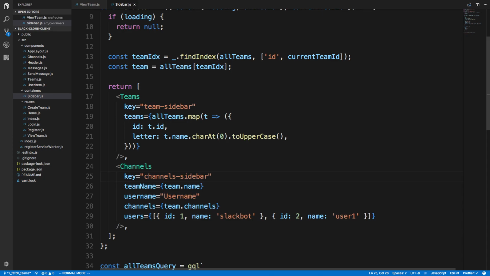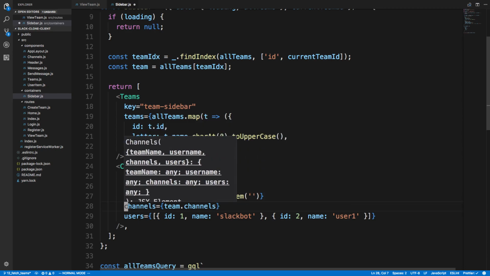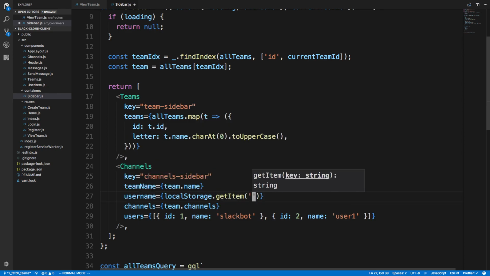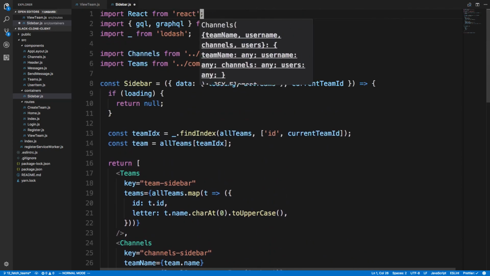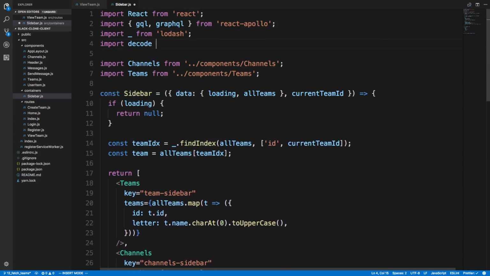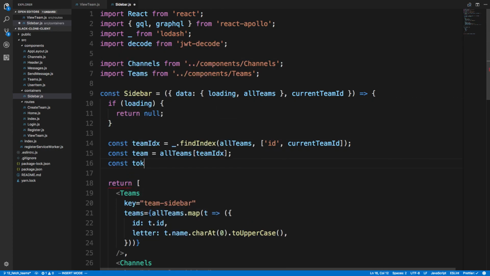And for a username, this is where I want to actually grab from the JWT token. So I'm going to say localStorage.getItem. I'm going to get the regular token, and I actually need to decode this, so I'm going to import decode from our JWT decode, and we're actually going to have to put it up here, const, we'll put a try